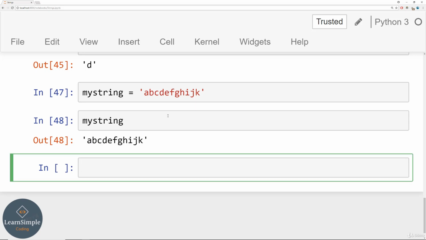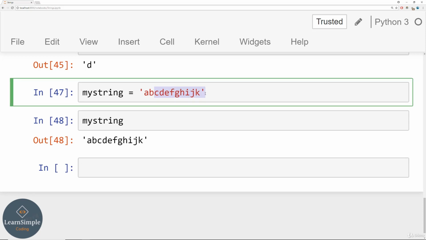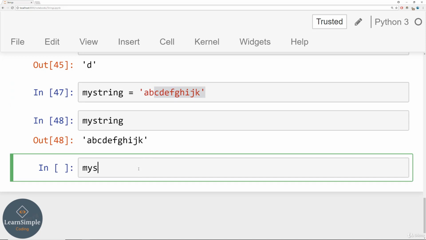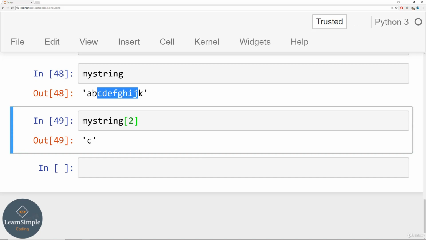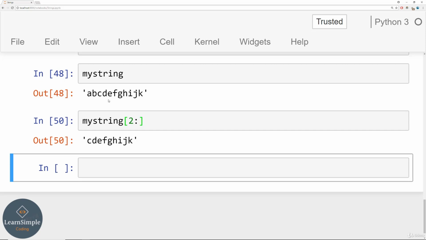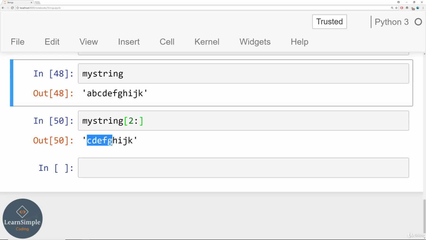So let's imagine that we wanted to grab a subsection of a string that started at a particular index and then went all the way to the end. Well, the way we could do that is we would say myString, square bracket notation, and then we would say the starting index, let's imagine we want to start at the letter C and then go all the way to the end. So C is at index 2 because it's 0, 1, 2. So what I do is I pass in 2, and if I just do that, it gives me back the letter C. But if I want from C all the way to the end, I can say colon, and that indicates starting at index 2, colon, go all the way to the end,